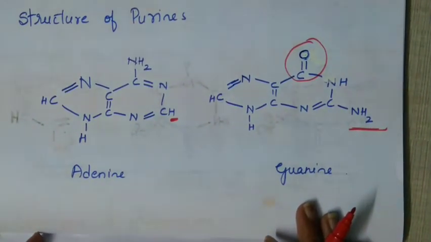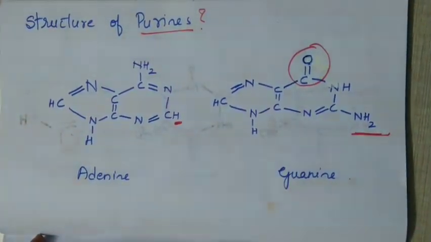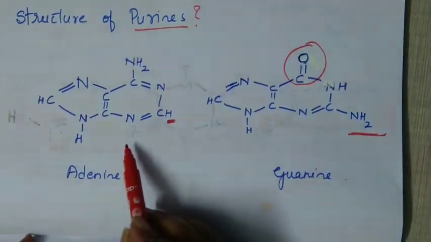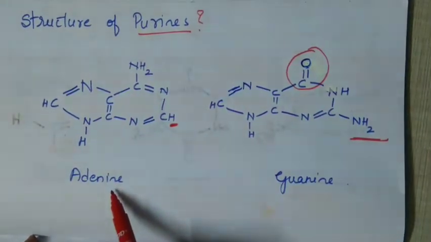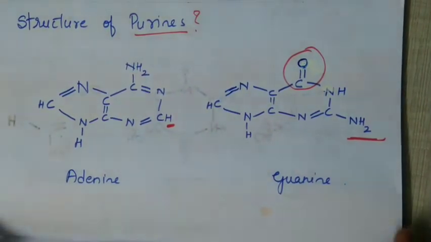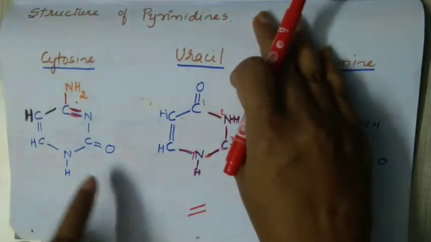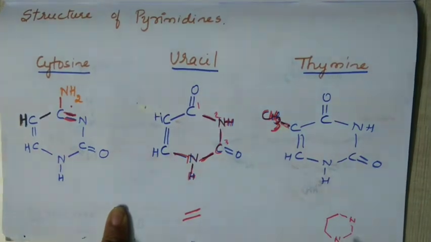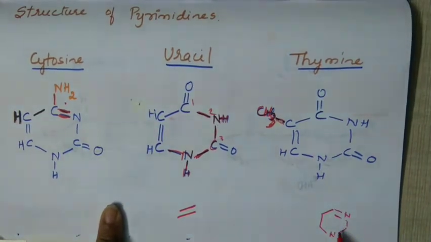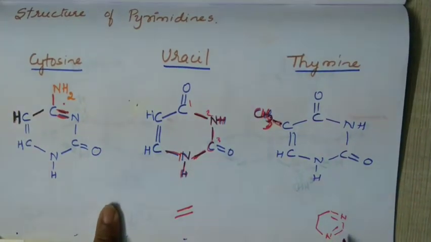So which are the purines? Adenine and guanine. Now you may wonder why the name purine. Purine is a heterocyclic compound. If you remove NH2 from here, that is our purine, and this resembles our purine, hence adenine and guanine are called purines. And the pyrimidines, what we had learnt, cytosine, uracil and thymine, resemble the structure of the pyrimidine base, which I have written here in a smaller version. These have arisen from this structure, hence they are called pyrimidines.